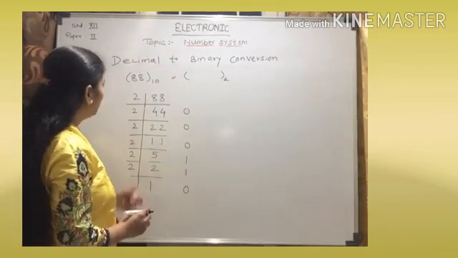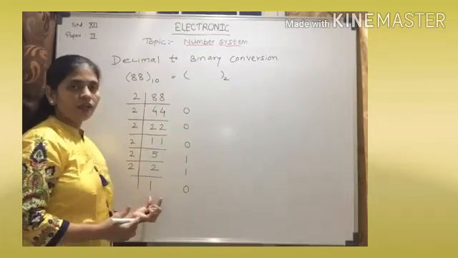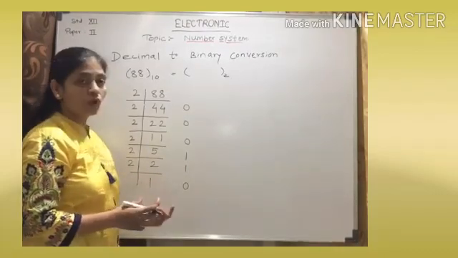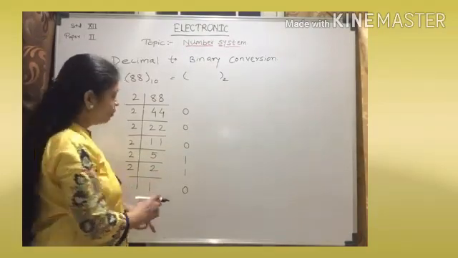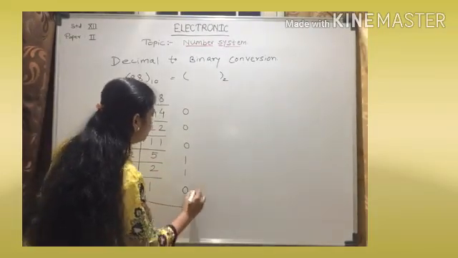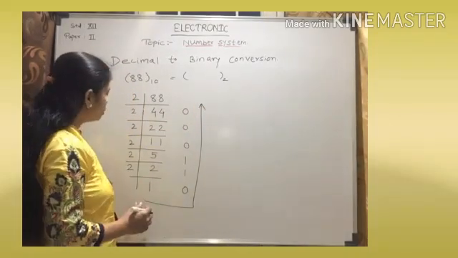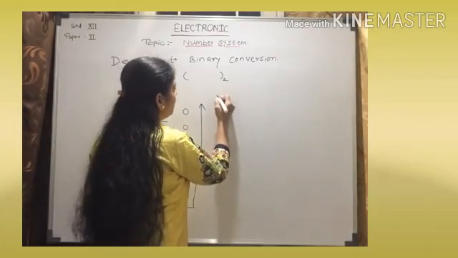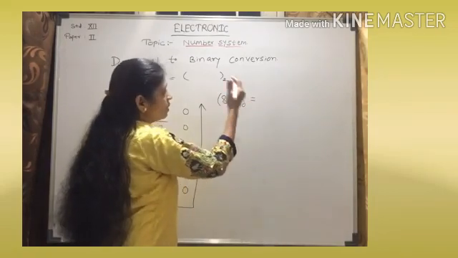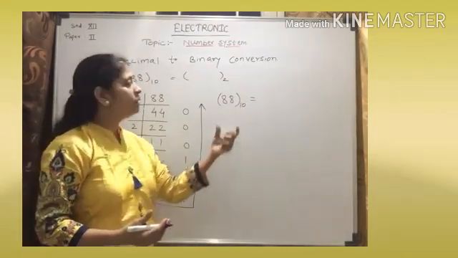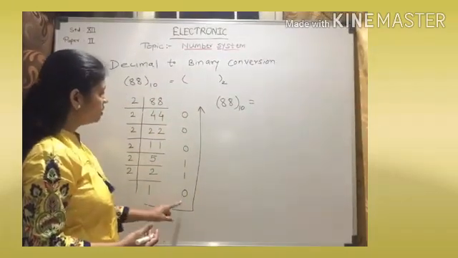Then when we divide this number by 2, we got the quotient 1. Then the process stops and we got our answer. We have to write down this answer in reverse order, from bottom to top. In this way we have to write the answer. So finally, 88 is our decimal number. We divide this number by 2 to get the decimal to binary conversion, and we got this answer,